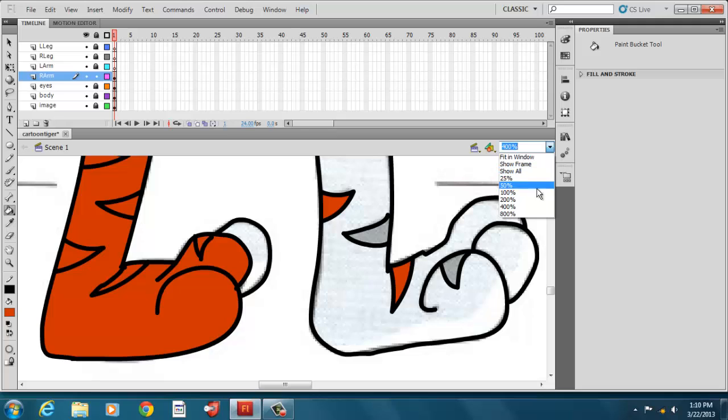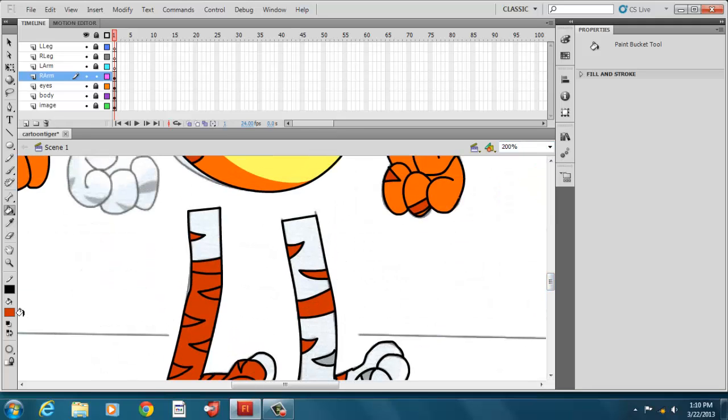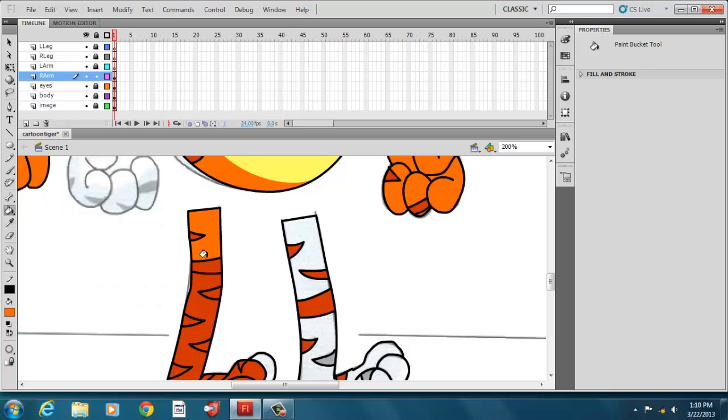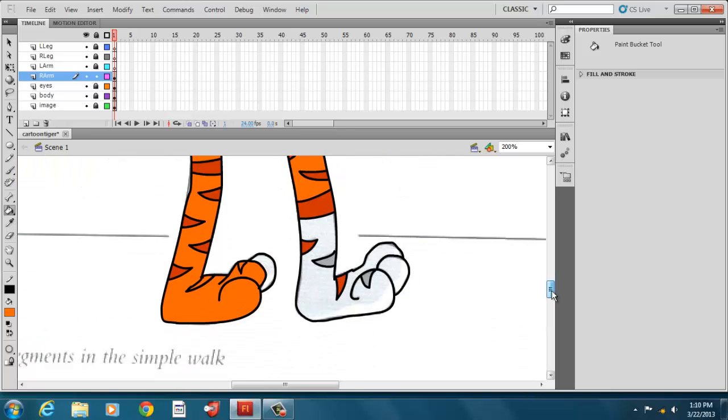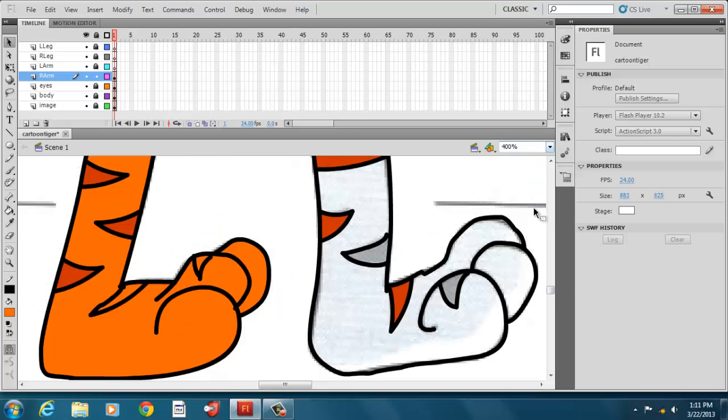I think we're at 200. And we'll change our color scheme here. This one. Alright, so we have open areas over here, and we have these two need to be fixed, and this toe is still open over here, so we'll have to fix that. So zoom back in. These are common errors. So right here we can see that needs to be attached to the side. So and then